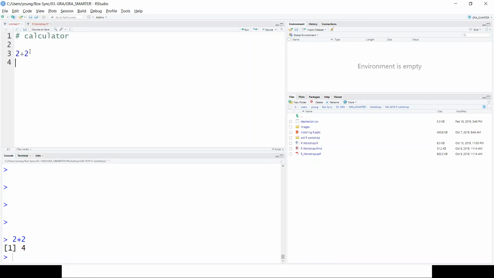The other option, if you use Mac, is to press Command and then Enter. If you use Windows, that's Alt and then Enter. It'll be much easier than clicking Run every time, right? So I recommend you use this shortcut.